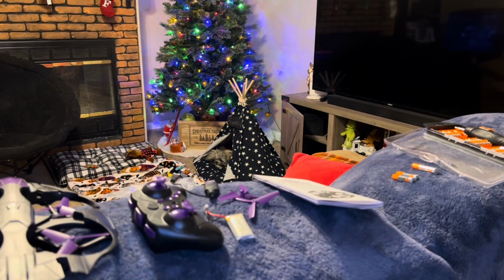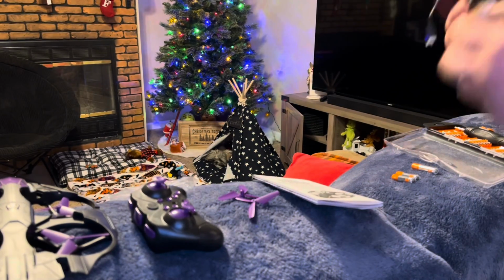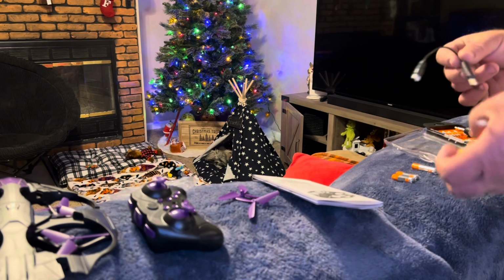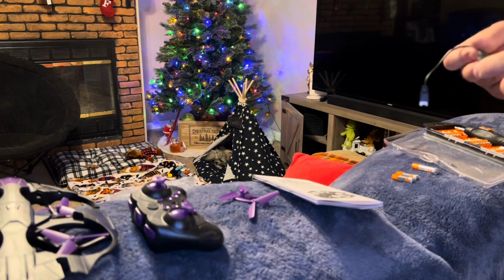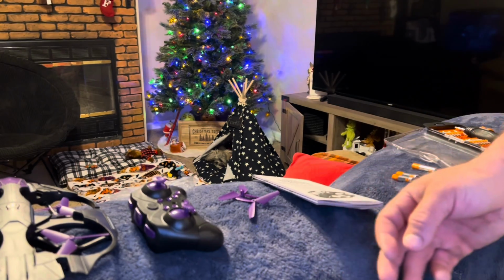Okay, so we are back. We technically just threw this on the charger for a little bit. Typically, you definitely want to charge this. The light comes on when it's charging. I do believe the light will go off when it's done. This little charger, by the way, is outputting